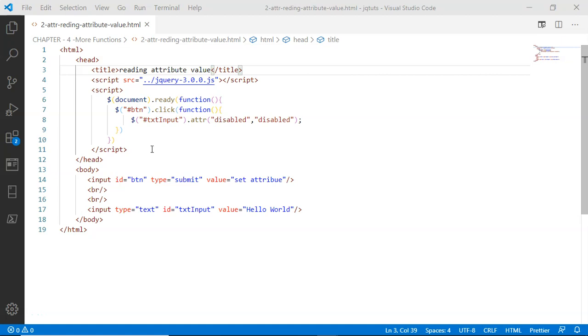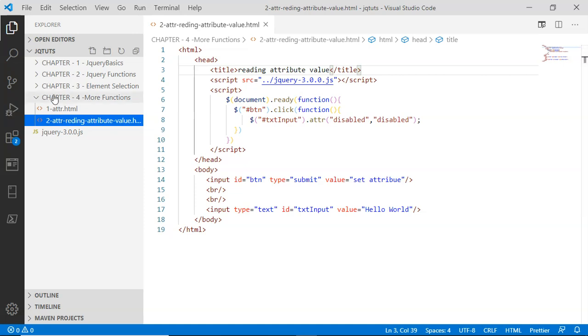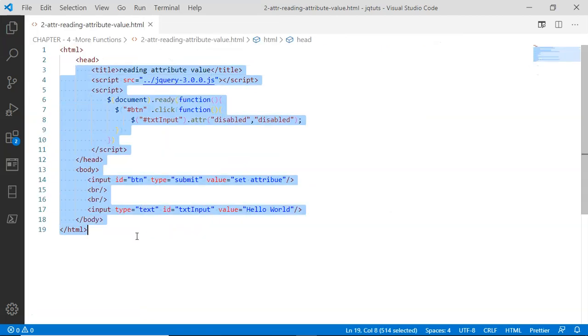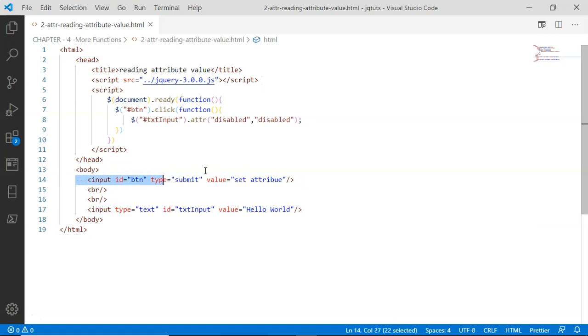Hello friends, I am all set with my second lecture in this chapter for more functions, and the name of the file is 2attr. Sorry guys, there is a typo here. I mean, you must be reading attribute value.html file. In this file I am going to use the code from the previous lecture where we were having